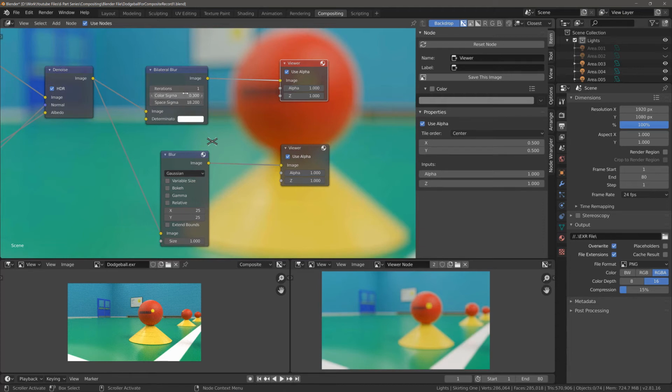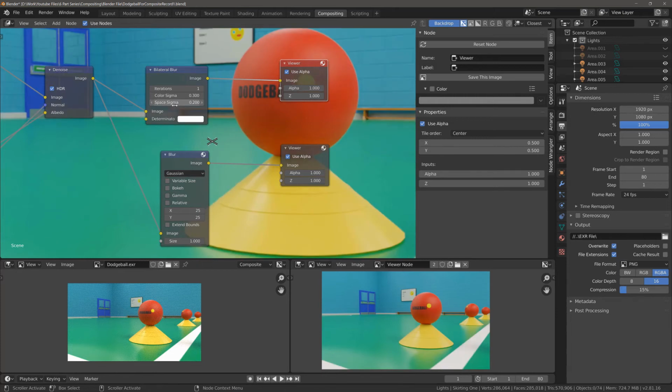So it's almost like increasing the iterations if you set this value up really high, but you don't really want to use it that way. If you want to increase the iterations, you simply have the iterations value here. In most cases, you can set the value anywhere between 0.1 and 5 to get the results that you are looking for. So if you want less blur, you can use a very low value for the space sigma. But if you want more blur, then you can use a higher value, such as 4. Now I am going to actually turn this back to its default value of 5